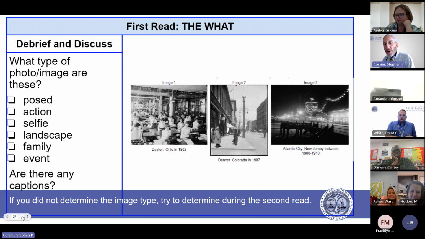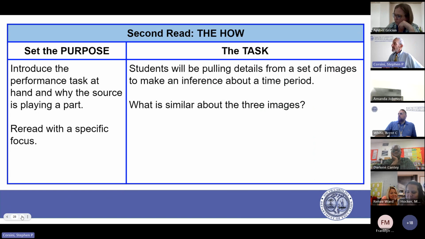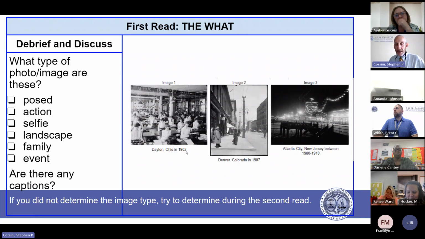Okay, excellent. And thank you all so much for your feedback. And let's see, that was Renee. So Renee just inadvertently gave a wonderful segue to the next part of what we're going to do with these images. So we're going to move into a second read of these images. Because what I'm wanting you to do, students, is go through these images and let's deepen our inference. We heard some great observations of what people saw. So I'm going to go back. Someone noticed the dates, so we kind of know a time frame of what we're talking about.